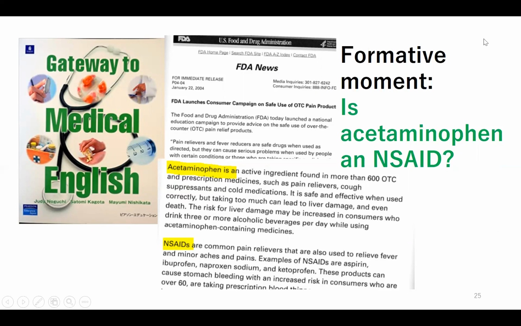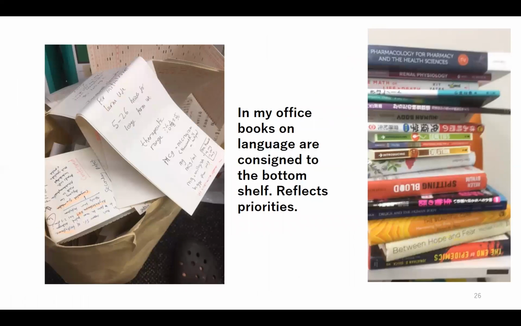Okay, so acetaminophen, in England we say paracetamol. Is it a non-steroidal anti-inflammatory drug? I didn't know. And this was in the article about the FDA news. Okay, paracetamol. And I thought, okay, it's my job to know about these things. Okay. So in my office,